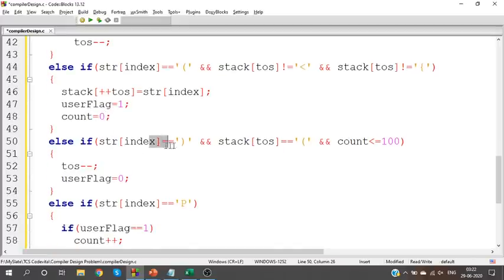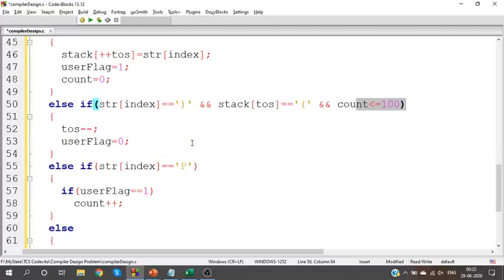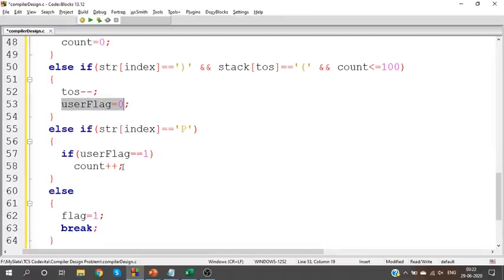So when I finish off a user defined function, I should ensure I have a matching bracket and at the same time count should not be more than 100. In that case, successful, remove the element and close the user defined function. When you see an instruction, ensure that you have a user defined function, in that case count.